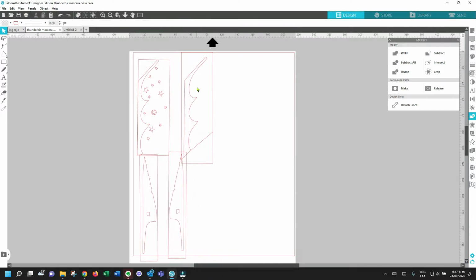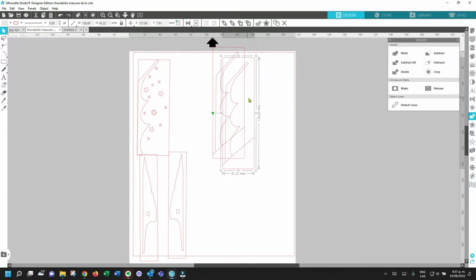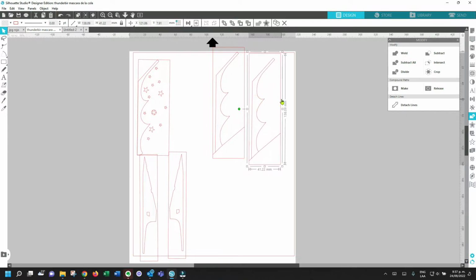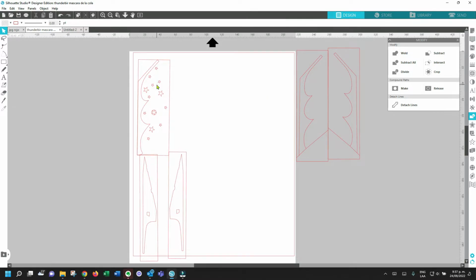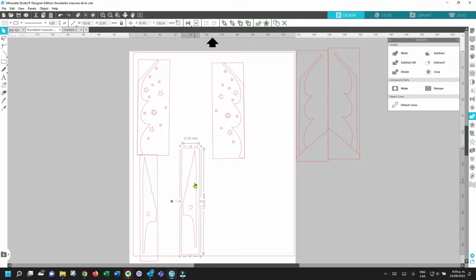I will do the same thing with this here. Just Control C, Control V, and then right click, flip horizontally. Now I have the other side also. Now same thing with this one. Control C, Control V, flip horizontally. Okay, so